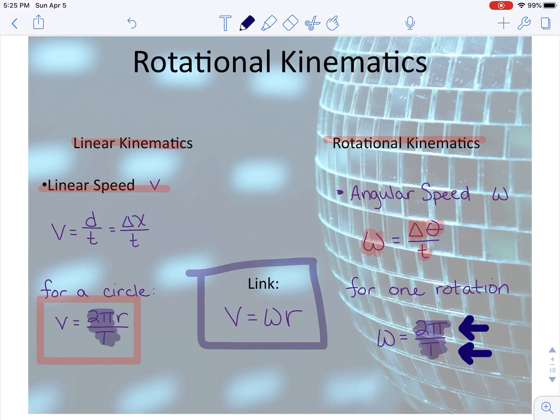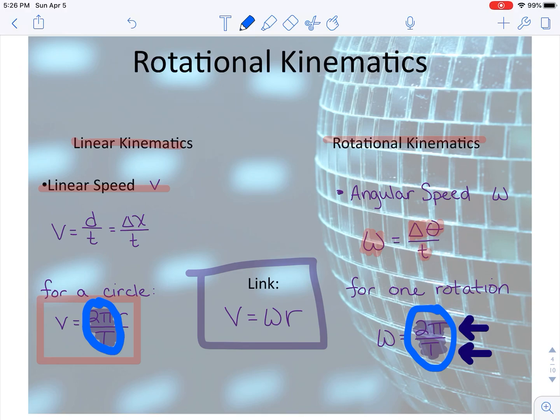But that brings up a link between the linear kinematics that we did and the rotational kinematics. Remember, speed itself is not dependent on direction. So we can say that something moving in a circular path has some sort of speed. That's what we did with the formula for the circle, where we said v equals 2 pi r over period. But if we compare the formula for one rotation of something that is rotating, omega equals 2 pi over t, to our formula for something's speed when traveling in a circular path, 2 pi r over t, we see, oh, well, they share this highlighted section in common, which means if we want to figure out what the linear speed of an object is, or a point on something that is rotating, we can use the formula speed equals omega